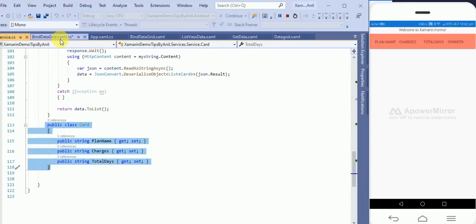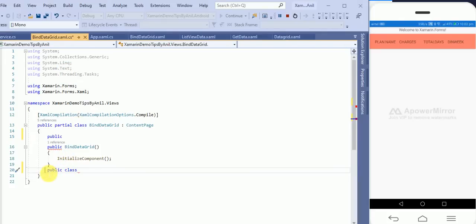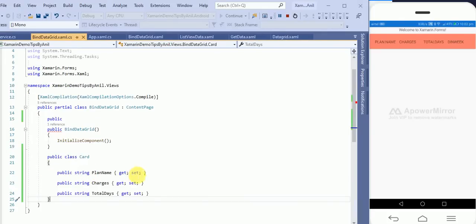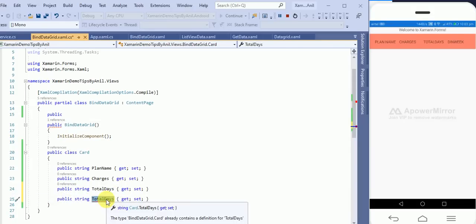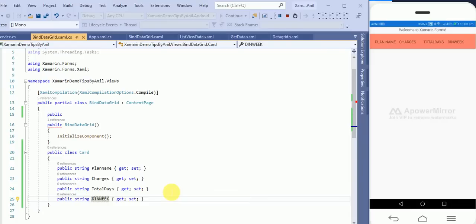I'll take this class over here, and one property we have to define, days in week. We can define it like this.